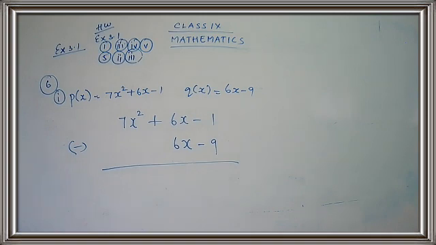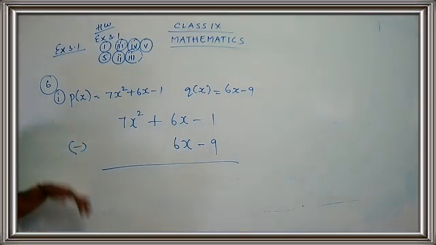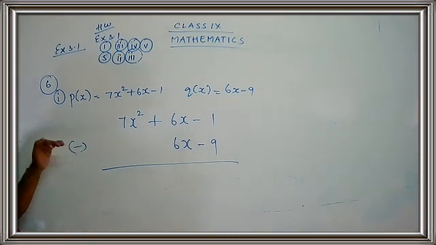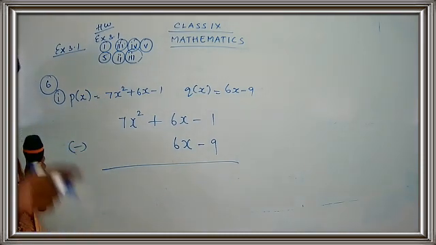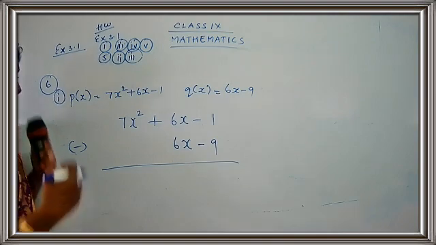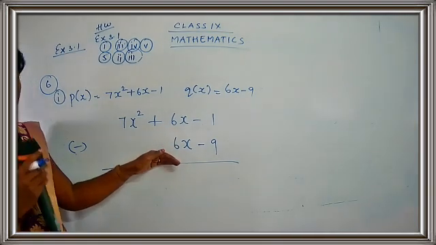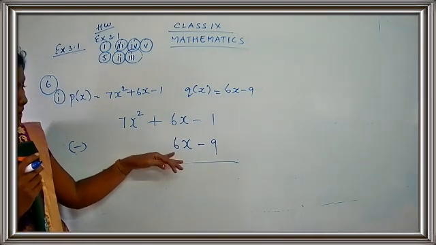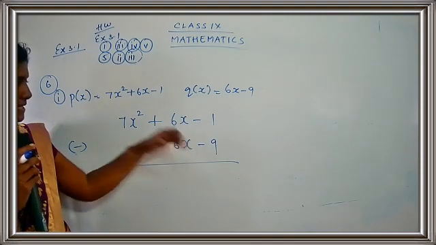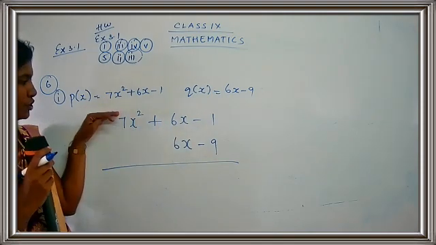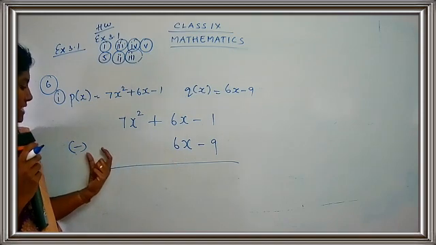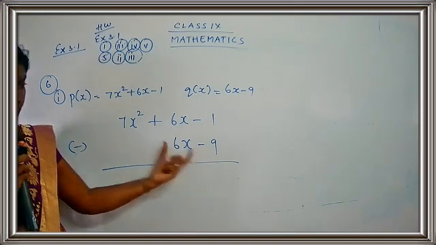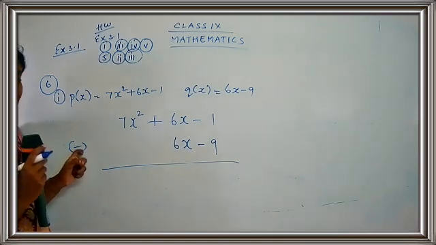So you are going to do the subtraction. Now just follow the steps properly. When you have addition, we never change the sign. Now when you have the main sign as minus, you have to change the sign of the second polynomial. The second polynomial means the polynomial which is written down, 6x minus 9. This is the top part and this is the bottom part. So now you have to change the sign.